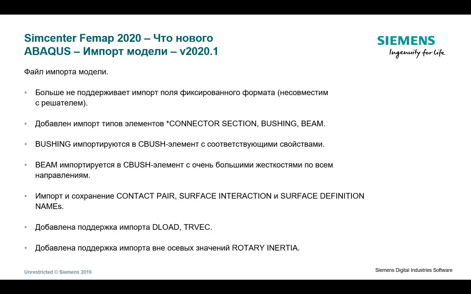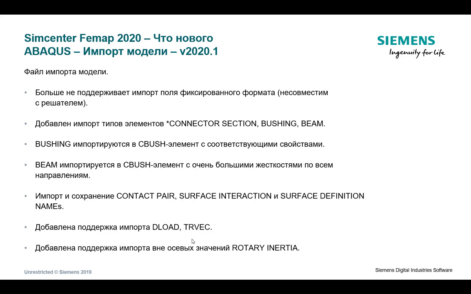Bushing elements import as C-bush elements with appropriate properties. Beam elements import as C-bush elements with very large stiffnesses in all directions. We can now import and retain contact pair, surface interaction, and surface definition names. We added support for deload trvec to create directional pressure loads, and added import support for off-axis rotary inertia values